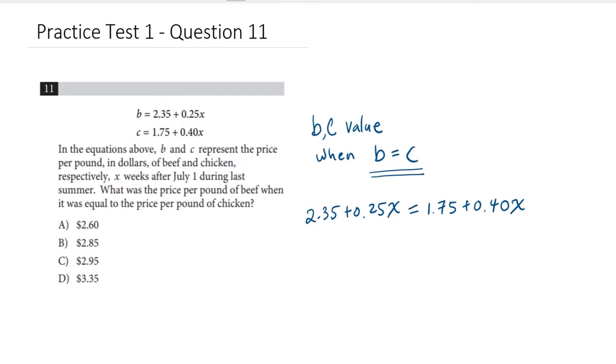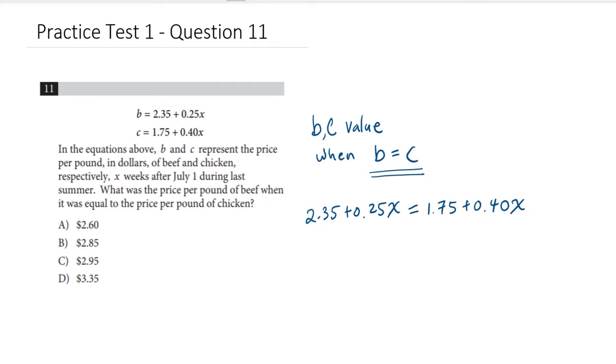Okay, all I did was make the first equation the same as the second equation, combined it. So now we don't have the B and C, and we are only left with the variable x, and we're going to find what the x is, which represents the number of weeks after July 1st when the B and C were